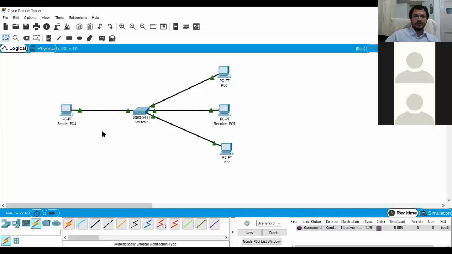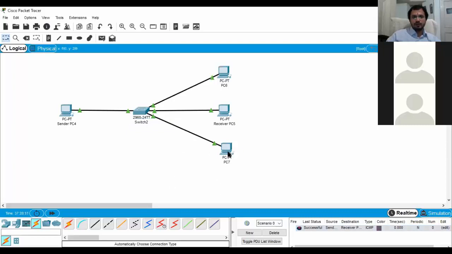But in this scenario we have connected different devices, so we used a straight cable. By default, a switch does not require any kind of configuration. It does not have much memory. A switch basically performs broadcasting, and it works in layer 2.